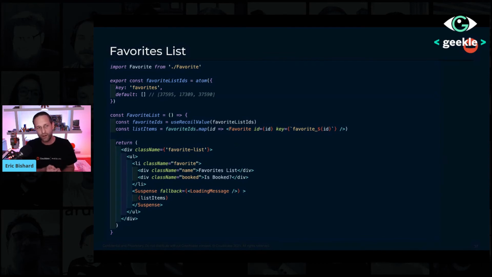All right, so here we have favorite list IDs. And basically, we're just creating an atom where the value is an array of IDs. So think of it as having an atom family over here, and you have this list of IDs, and that allows you to assign an atom for each particular favorite. And here you can see we have the favorite IDs equals use recoil value. So we're going and getting the value of all those